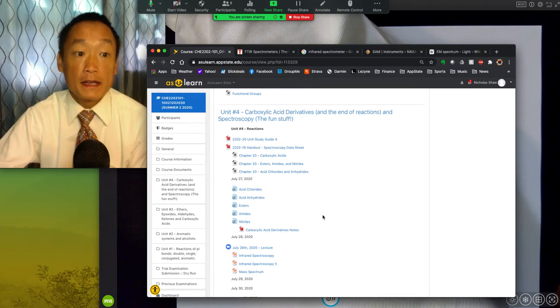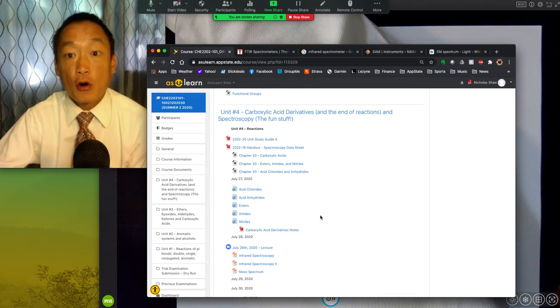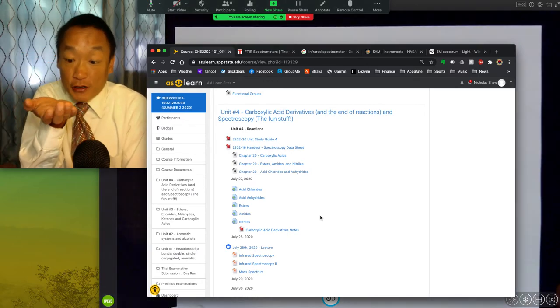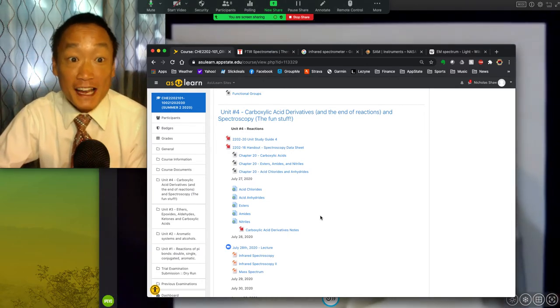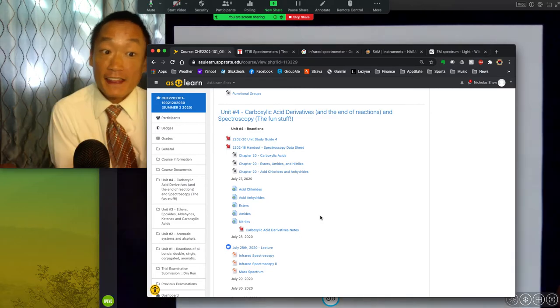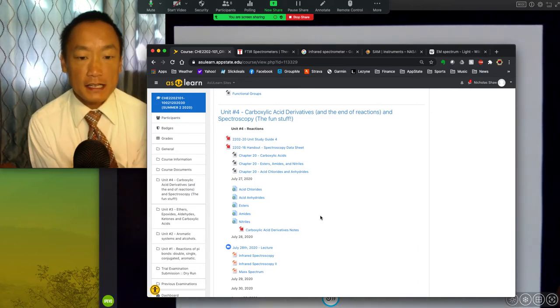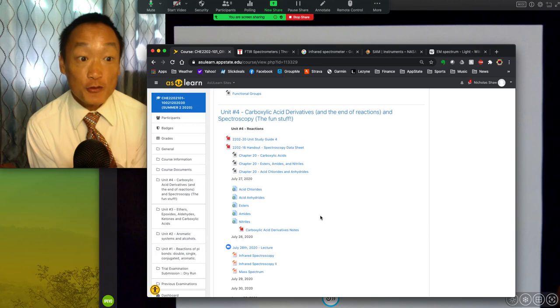You have been inundated with spectroscopy as components of your laboratory, but we're going to really take a long, deep dive into spectroscopy with one simple question: how do organic chemists know everything that we told you? Don't forget, we're dealing with molecules, and it's not like you can just pick up a molecule and look at it with your hand and know exactly what that is. That's not a thing.